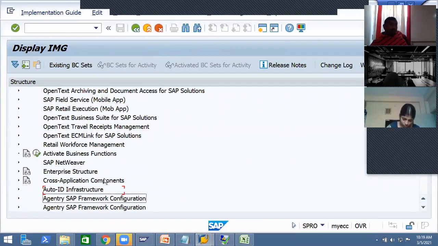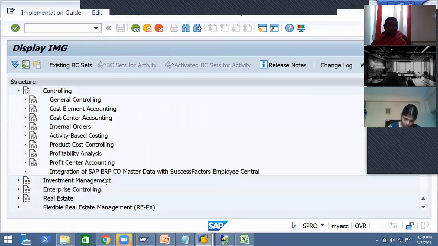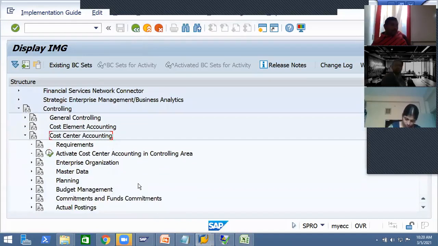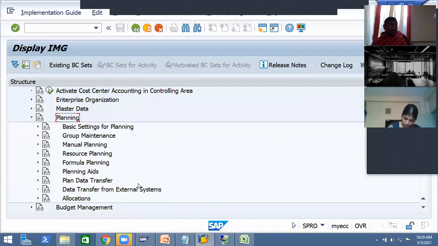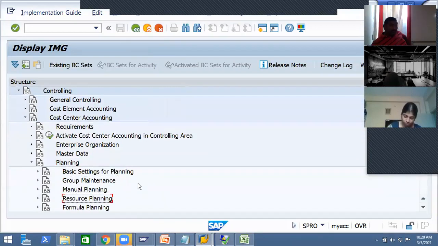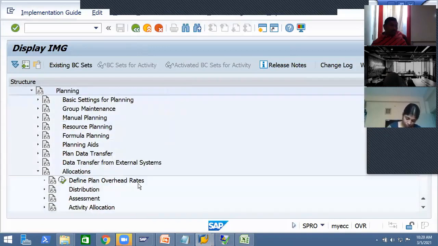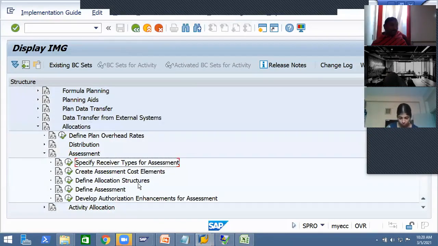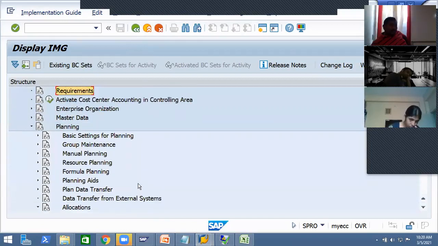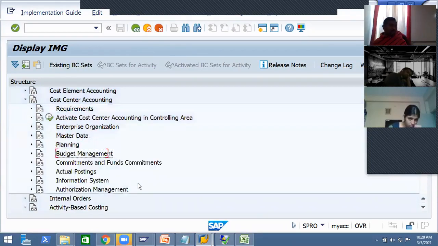Path SPRO, controlling, cost center accounting, planning, sorry, it's not plan, so we need to go for actual, sorry. Cost center accounting, after cost center accounting,